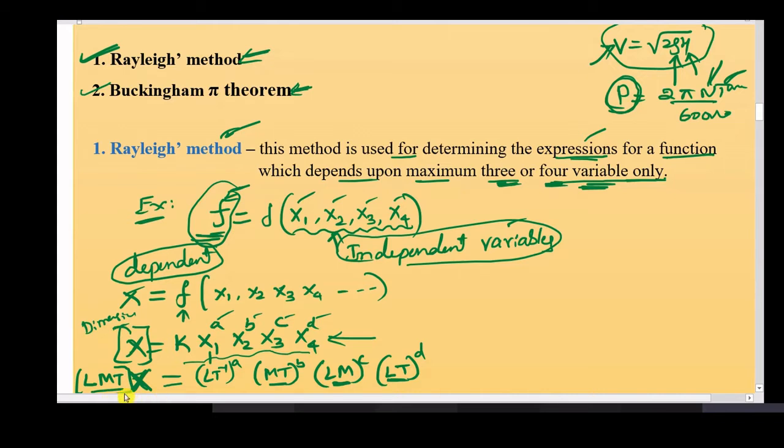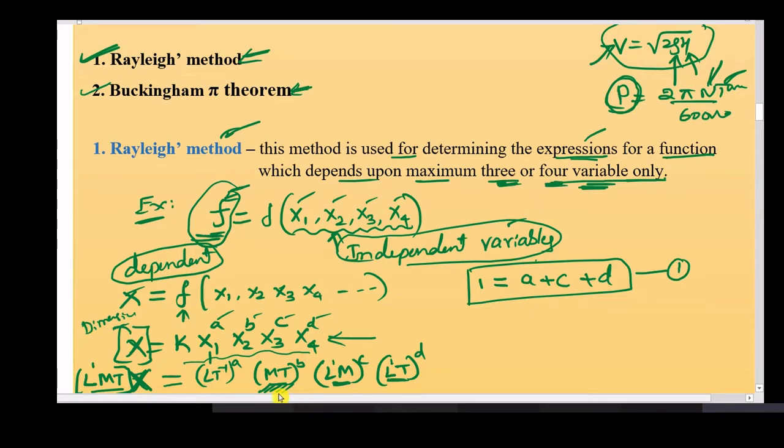For example, if you take the left hand side, what is the power of L on the left hand side? It is 1. 1 is equal to what is the power on the right hand side? Here it is L to the power a. In the second variable there is no L, so you neglect it. There is an L here. What is the power of L? It is 1, 1 into c, so plus c. What is the power of L here? 1, 1 into d, d. So a plus c plus d is equal to 1. So this is equation 1 you will get.